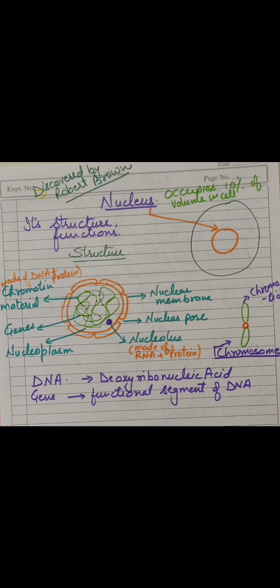The nucleolus is made up of RNA and protein. They are mainly responsible for making the ribosome. Ribosomes are also a very important part because they make the protein for a cell. Just remember, the nucleolus makes the ribosome. Clear? And these ribosomes which are made here come out of the nucleus through the pore and come to lie in the center of the cell. This is about the structure of the nucleus.